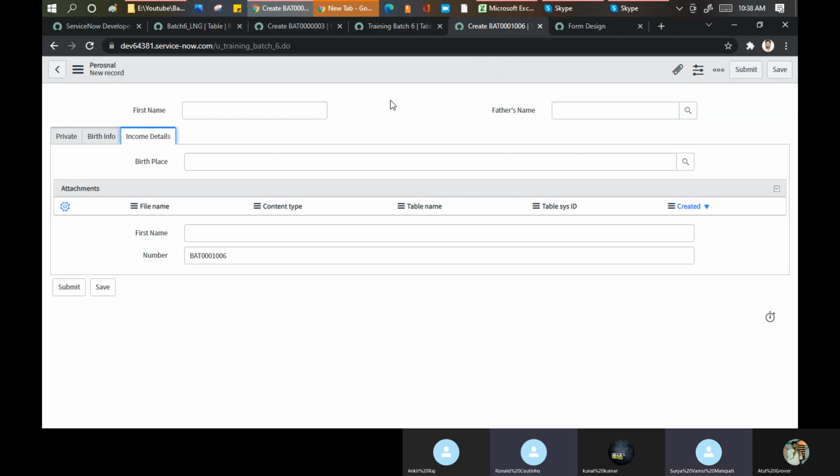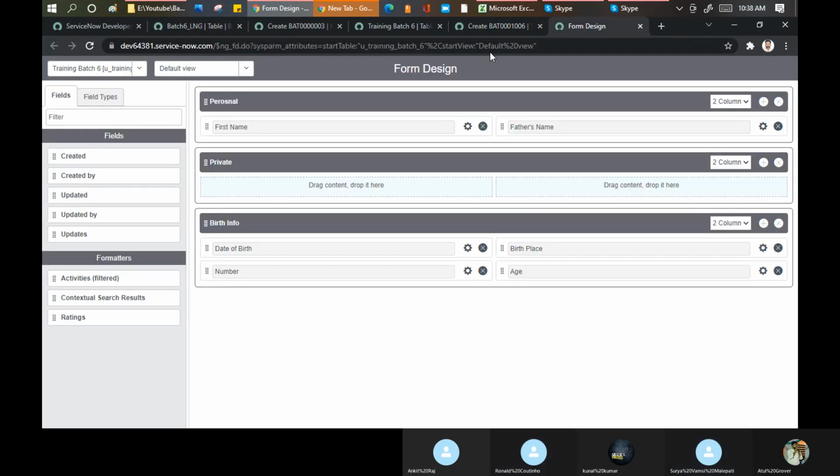Atul, in this section again, why is it asking for these categories like file name, content type, and all? This one, right? Because you are using the attachment field, and attachment has these fields available by default on the top. So we can move this attachment field upside or downside as we wish, anywhere you want. Just reload this page again. Maybe it will show you here as well. Let me show.